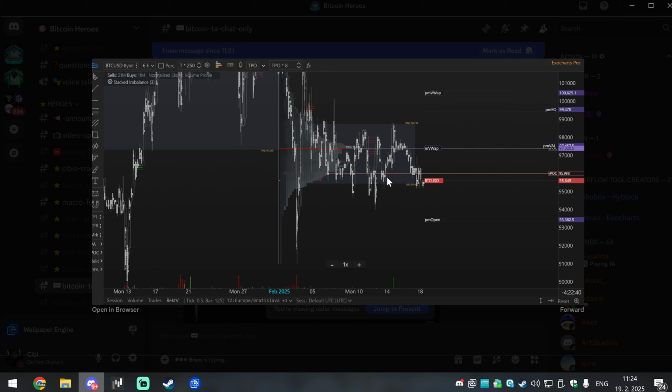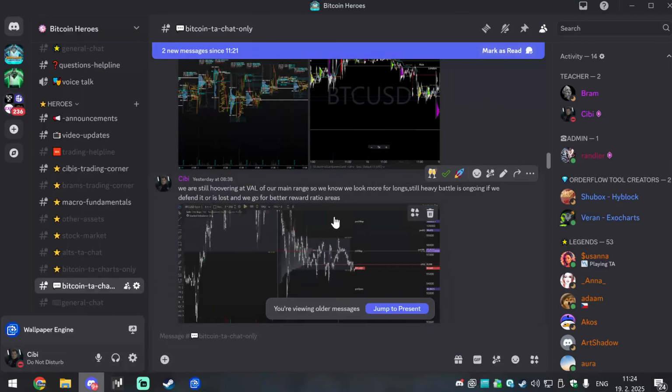Look at this chart. Just from this monthly view, where is the next line of support? Not here, of course. It's going to be this low. So this low is very likely the next target if 95k is lost. That was my plan, and in the end, we actually took liquidity below 95k as well.